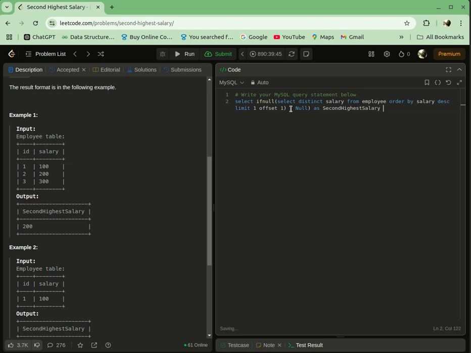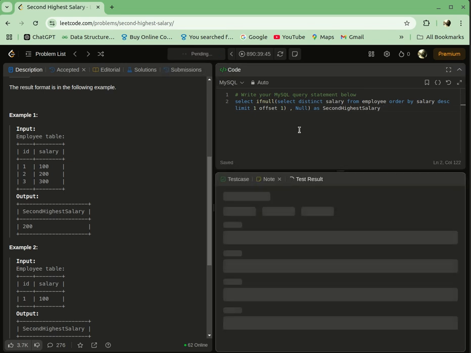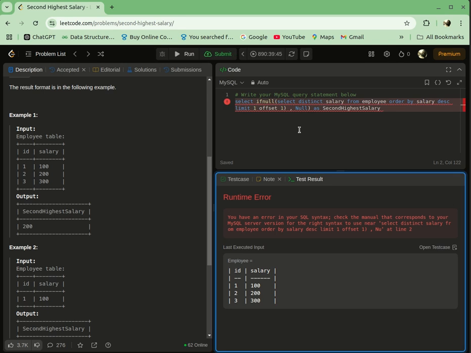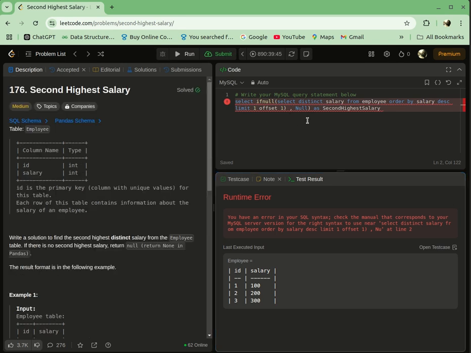Let's run the query. There is a runtime error. Let's see what is wrong here. So basically, select IFNULL, select distinct salary from Employee.